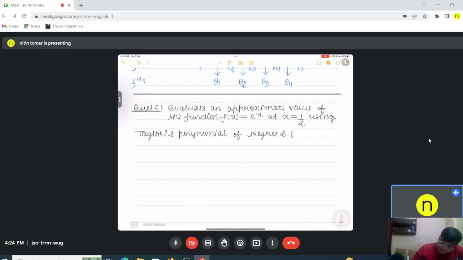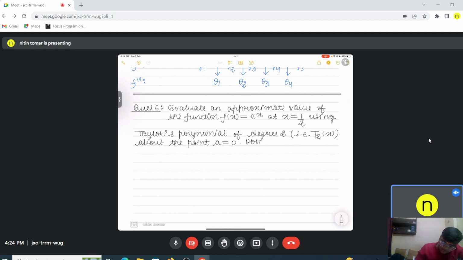That is, we have to evaluate. In the lectures you must have seen this notation T subscript n of x. So we have to evaluate T2 of x about the point a equal to 0